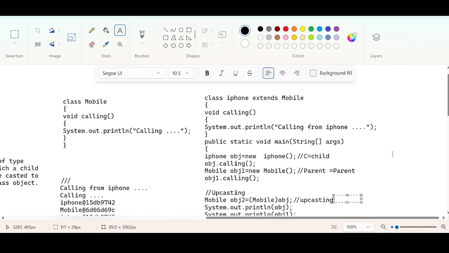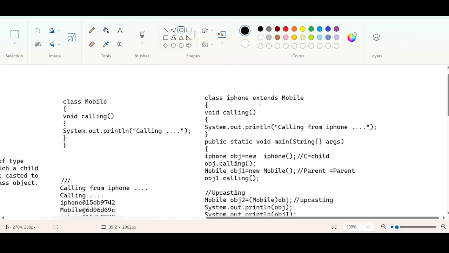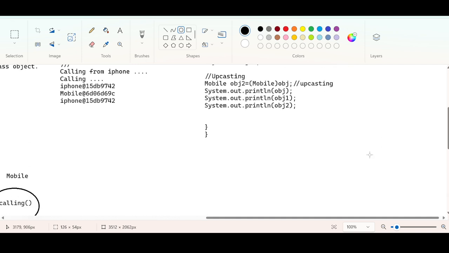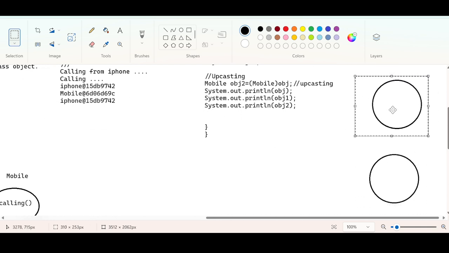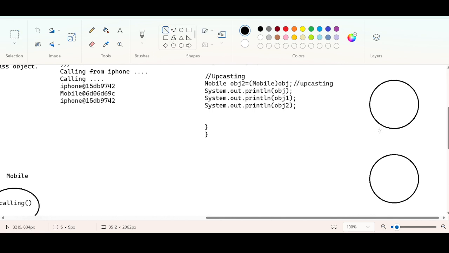Okay, now see what is happening. Because of this extends keyword, what is internally happening? Don't you think that there is a relationship, right? We are going to have one object, this is the subclass type, and this is the parent class type. Because of this extends keyword, there is a relation, right?